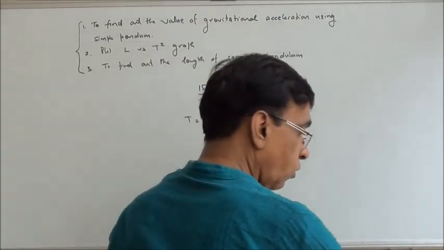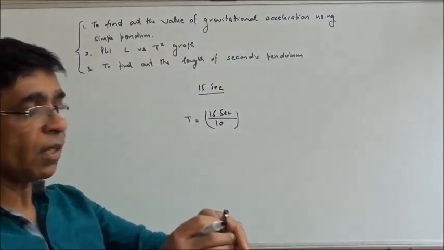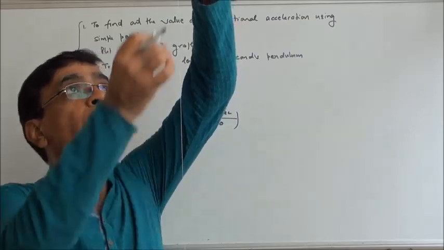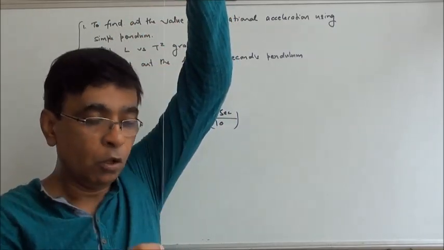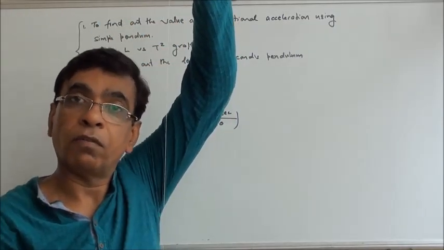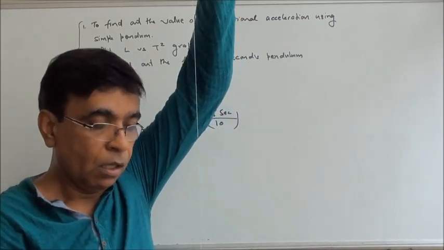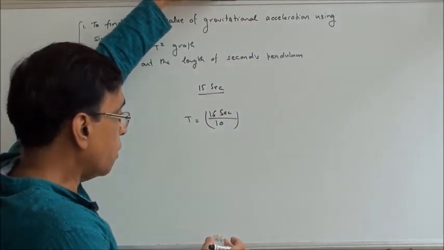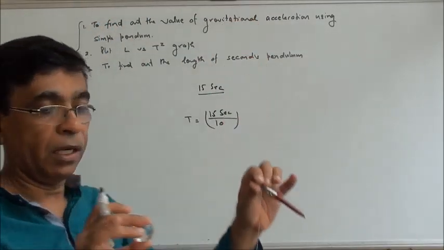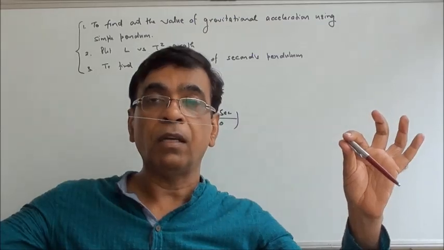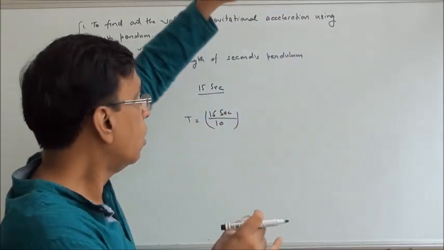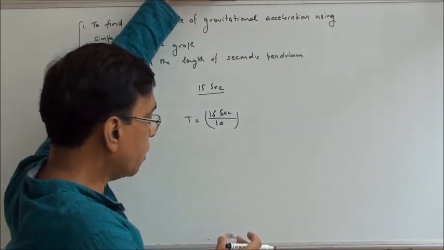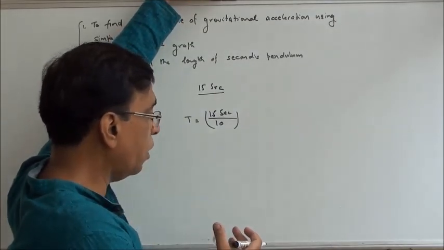And then for the next reading, you will have to change the length of the pendulum. So you need to keep on varying the length of the thread that you are using. Now this needs to be spherical, and when you set it in oscillation, keep in mind that this length should be very large in comparison to the amplitude that is being used. This amplitude means the distance from the central position. This should be very, very small.